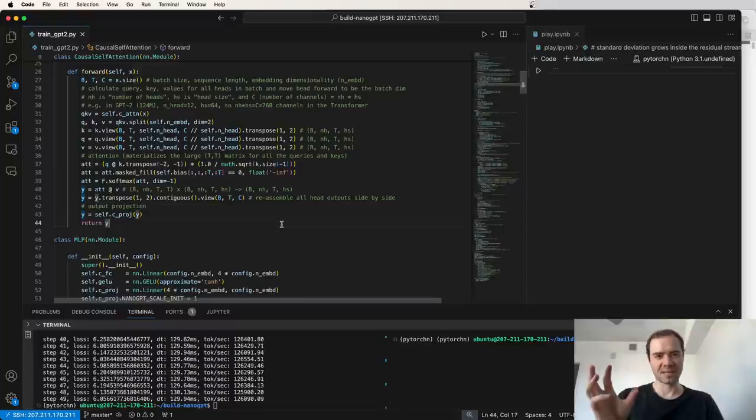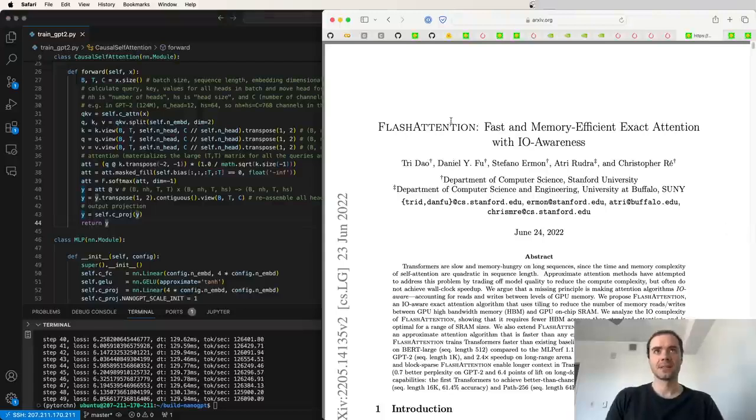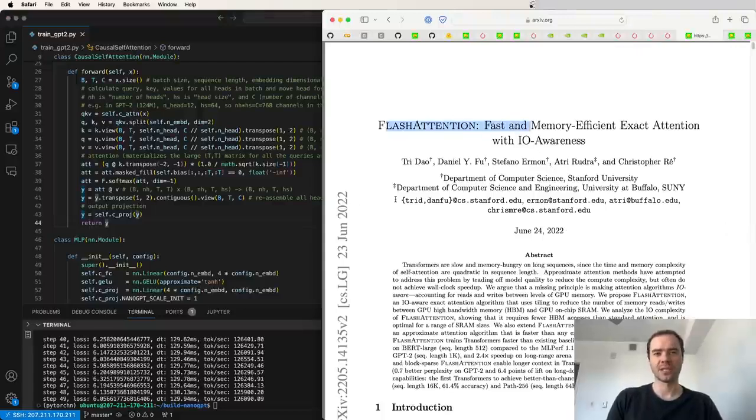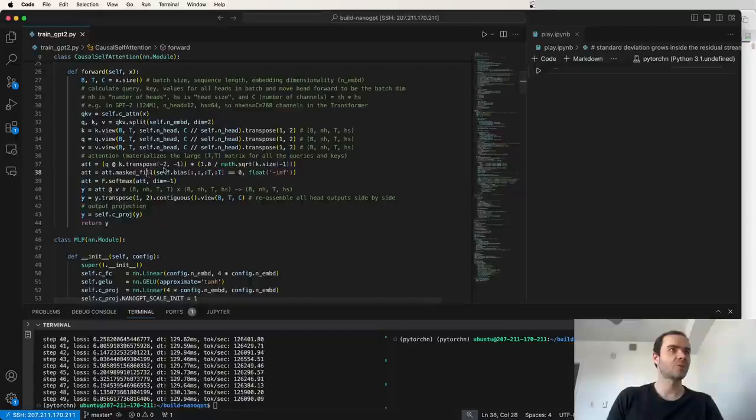Now, Torch Compile is amazing, but there are operations that Torch Compile will not find. And an amazing example of that is flash attention, to which we turn next. So flash attention comes from this paper from Stanford in 2022. And it's this incredible algorithm for performing attention, and running it a lot faster. So flash attention will come here